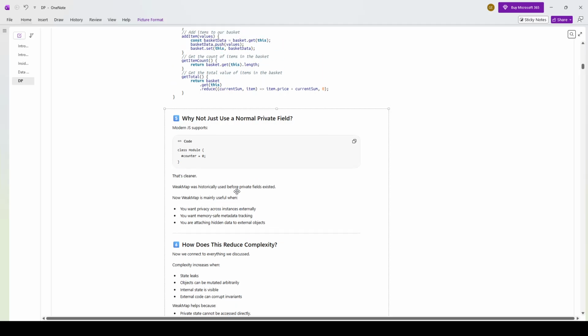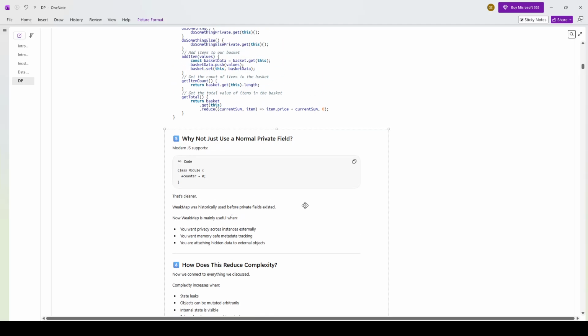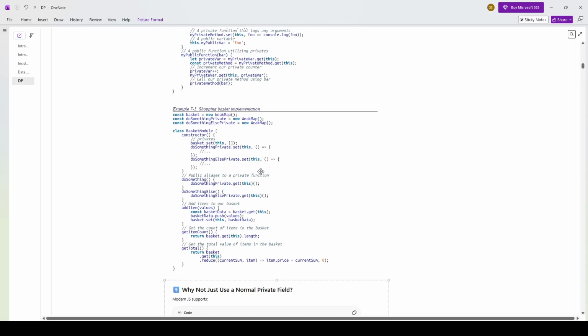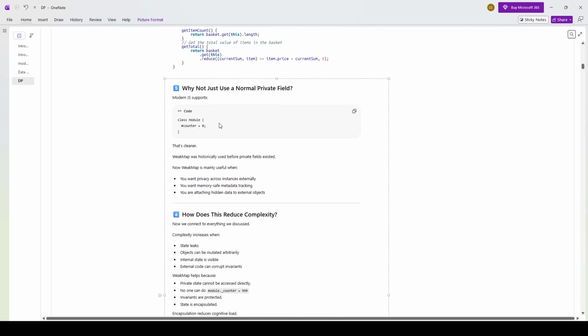So these private fields are actually the modern way we do what WeakMap did. So we use this #counter inside the module because again a module can now support import and export. As you can see, these are more the old ways, or the legacy ways, to encapsulate a private